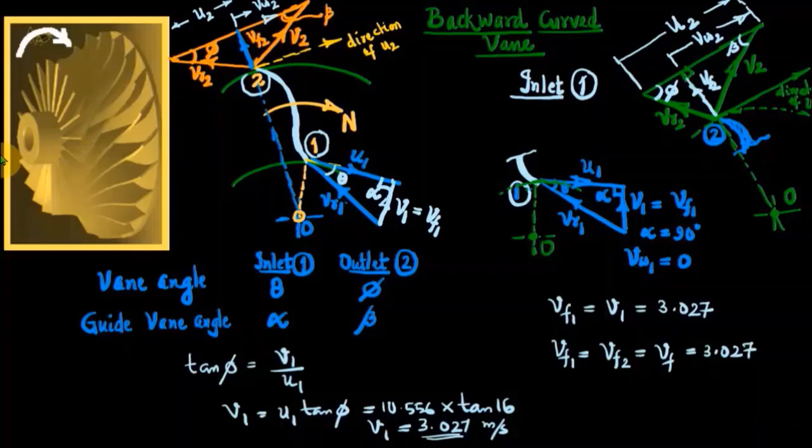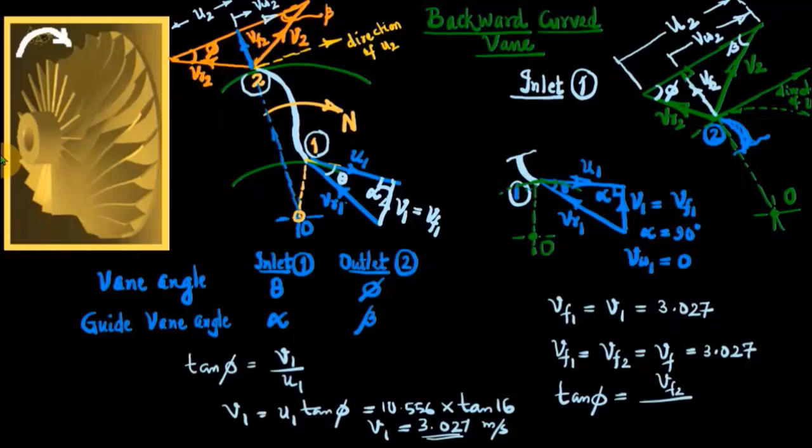Now you will proceed to the outlet velocity triangle. For the outlet velocity triangle, you already know VF2 and U2, but VW2 we require. So can you take tan phi? Angle phi is 40. Tan phi is equal to what? Opposite side VF2 divided by adjacent side.